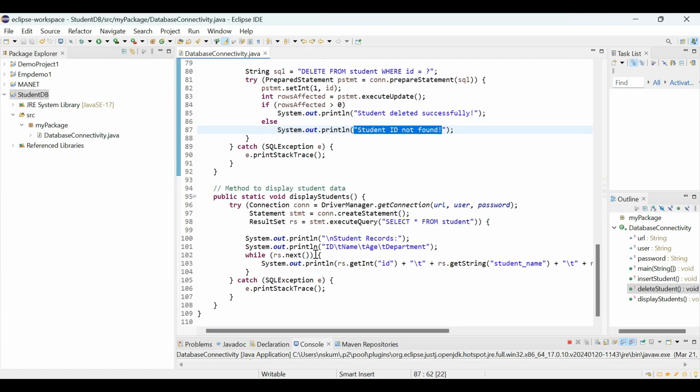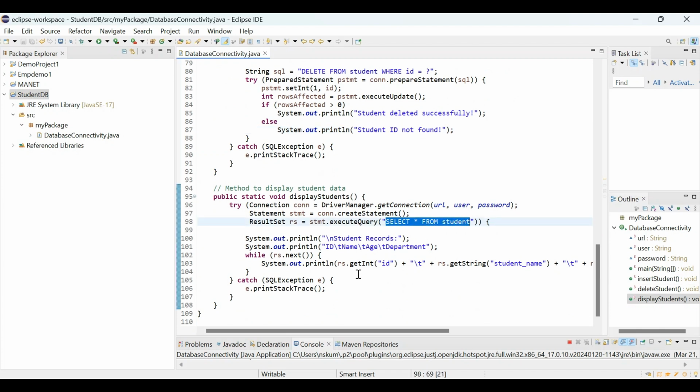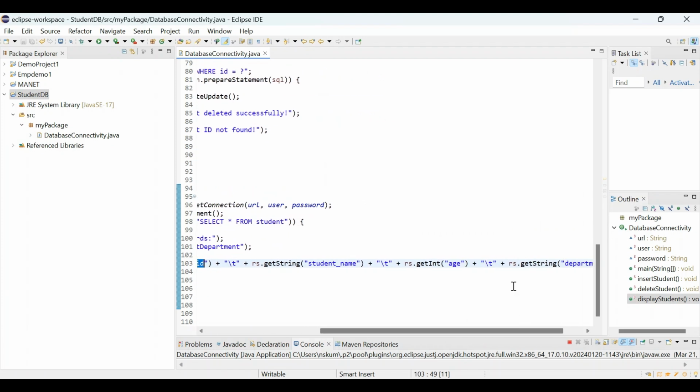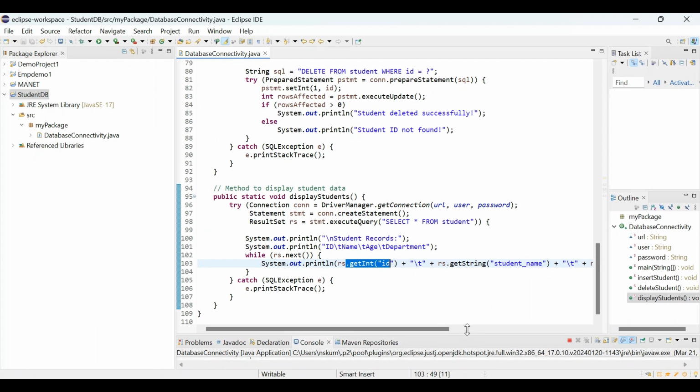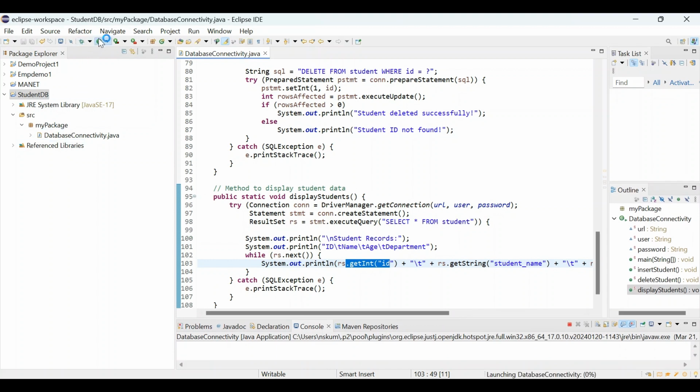In the same manner, for display also, I am writing select * from student. All the records are going to be printed here. For that, I am writing getInt, getString, as well as getInt for age and getString for department. So I want to print all that. So let us run the code. We'll see how many errors are there. So when I run this code,